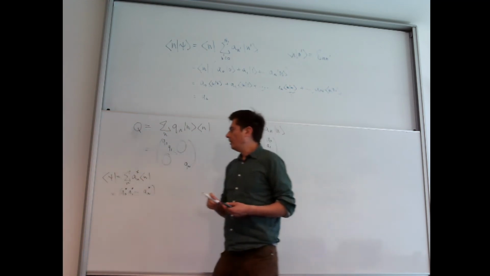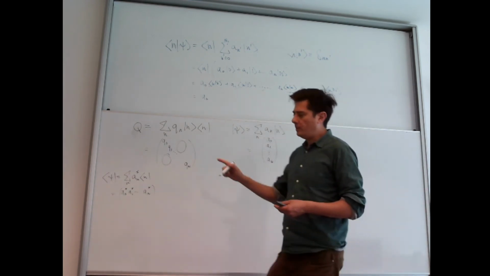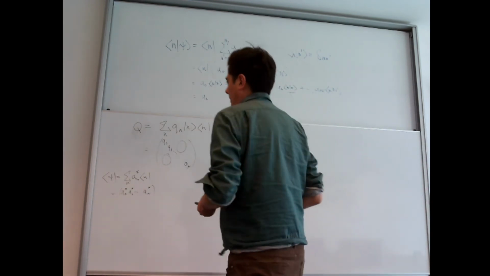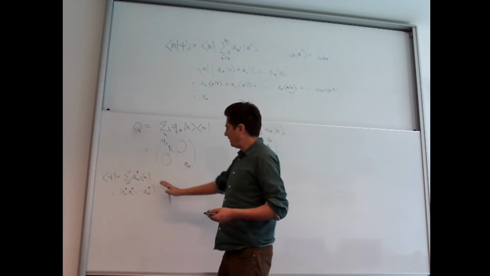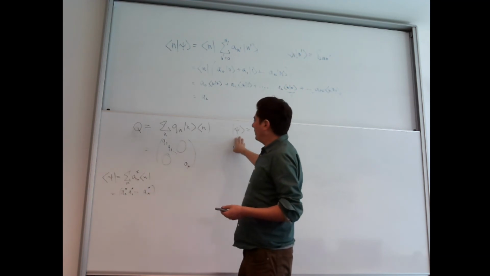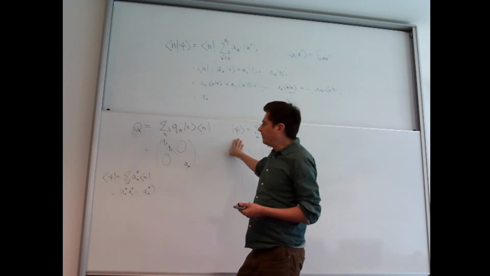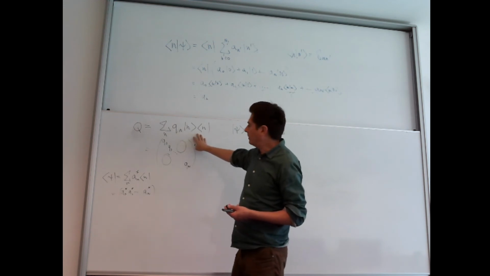Okay. And so what we're proposing here is that if you want to calculate the average value of some quantity, here's our wave function, conjugate wave function, we first construct this matrix or the operator,